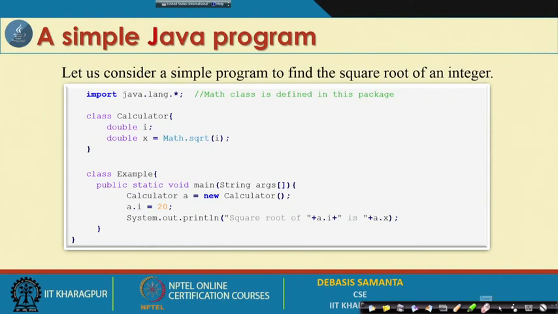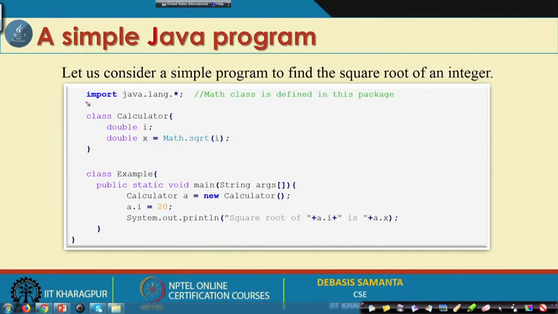Before going into this discussion, I want to start with another example. If you see, we create one class called Calculator. This calculates, for any value i in it, a result which will be returned and stored into the value x. And here we use another method, but this method we have not defined anywhere. The name of the method is sqrt, and Math.sqrt indicates that this method belongs to some class. The name of the class in this case is Math.